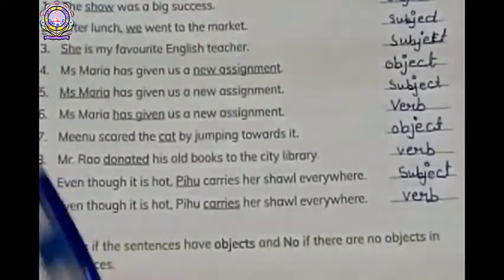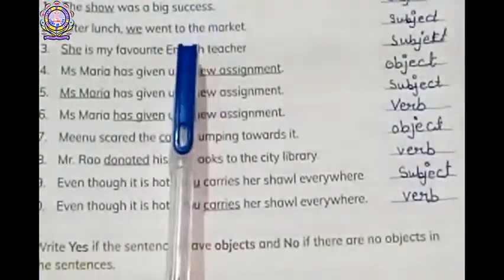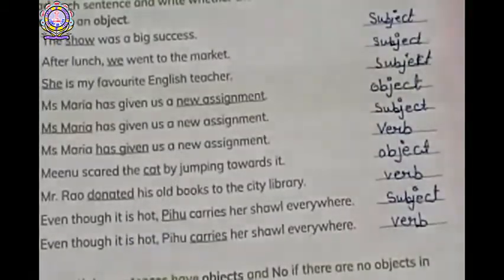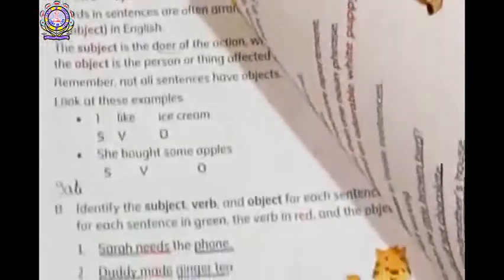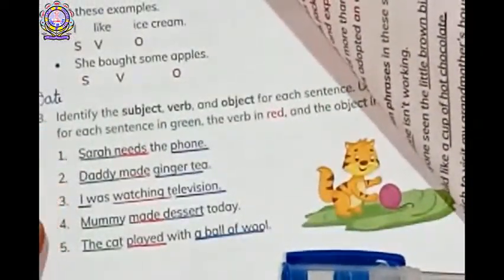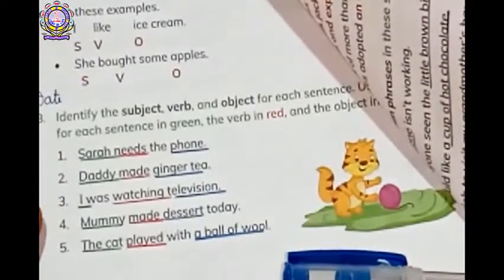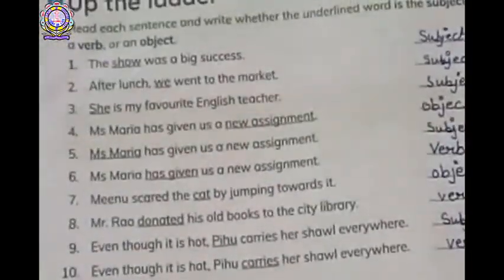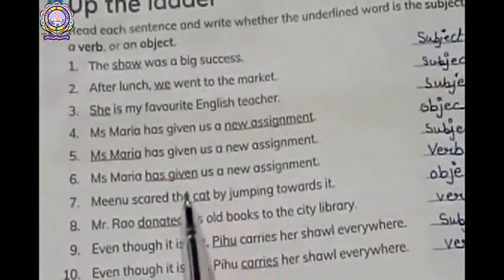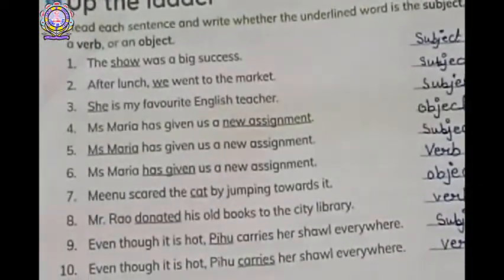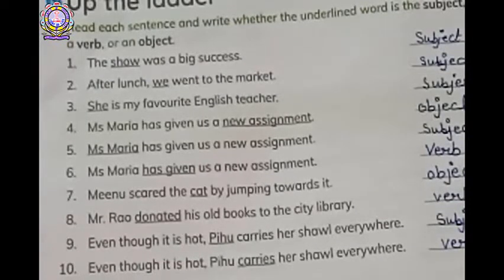Okay, now students, read this properly. It's the same thing; we complete exercise B here. Here, students, we found subject, verb and object. We underlined it here, and the same way we had underlined words here, and we have to find its subject, verb or object. We just have to write in front of it. Okay, it's the same but a different type. So I think you know it.